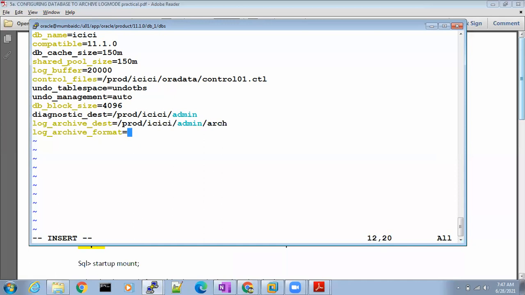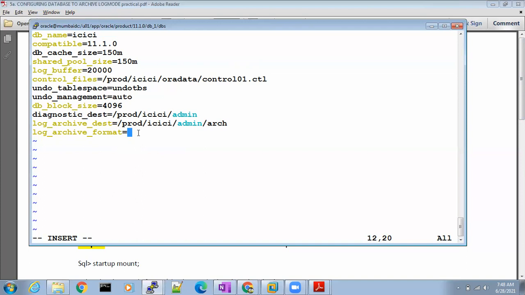Like data files, which format are they in? .dbf. Redo log files? .log. Control file? .ctl. Like that, you have to tell which format the archive should be in, so that it will generate the archives in that format.